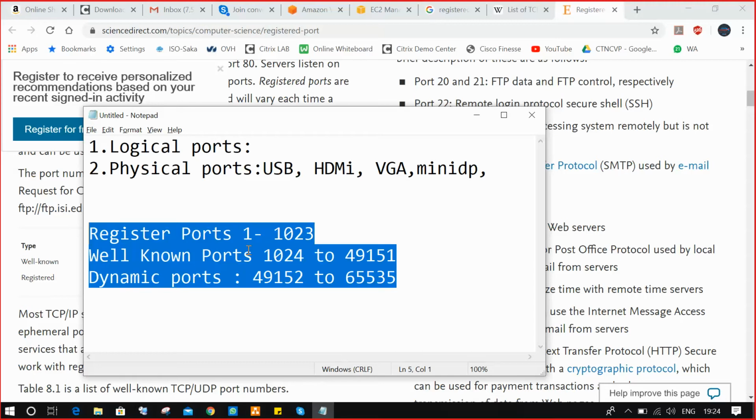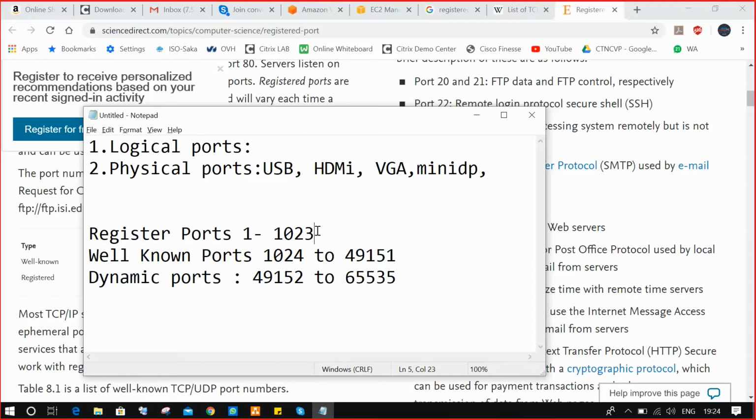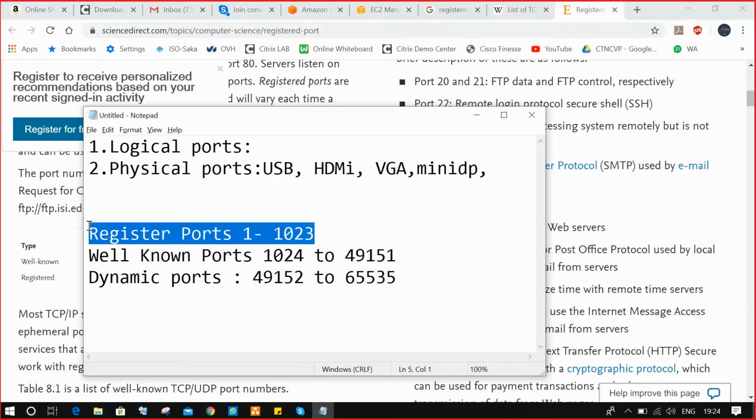So whatever port we are discussing falls under the registered port range. Someone is telling a port number 8080. Who can tell me about port number 8080? Okay. So 8080 is a registered port.